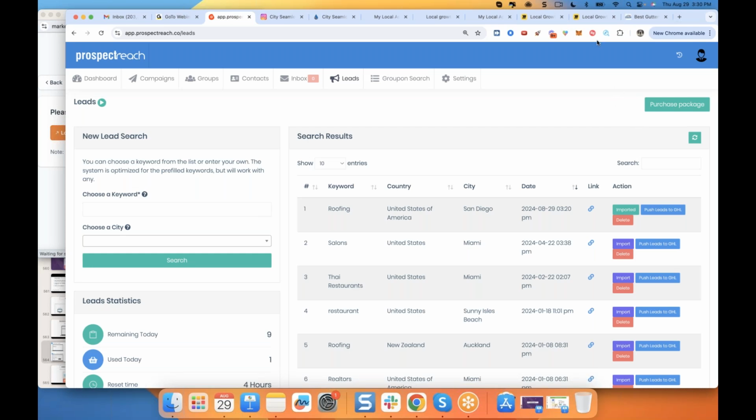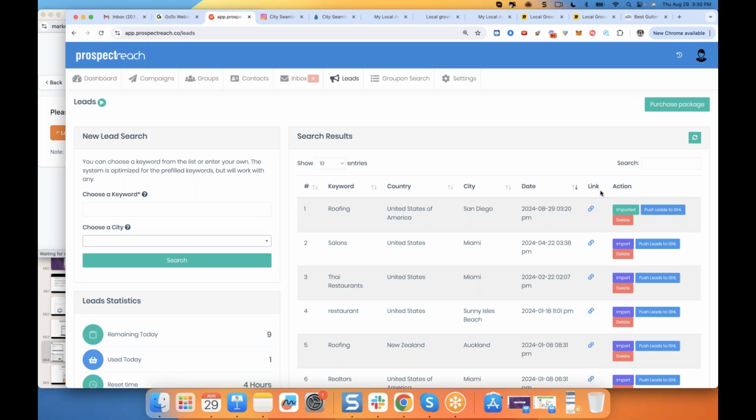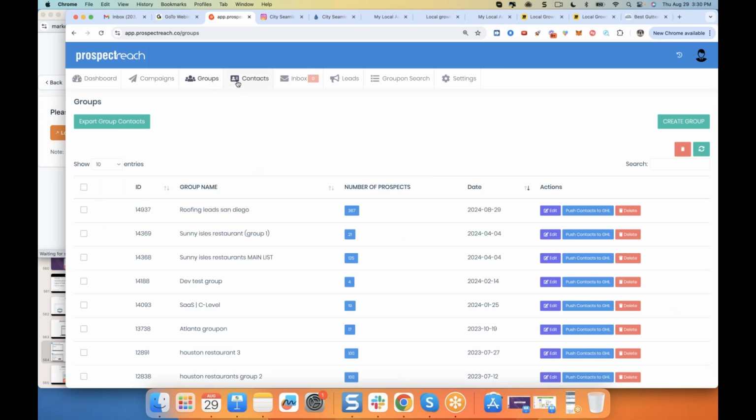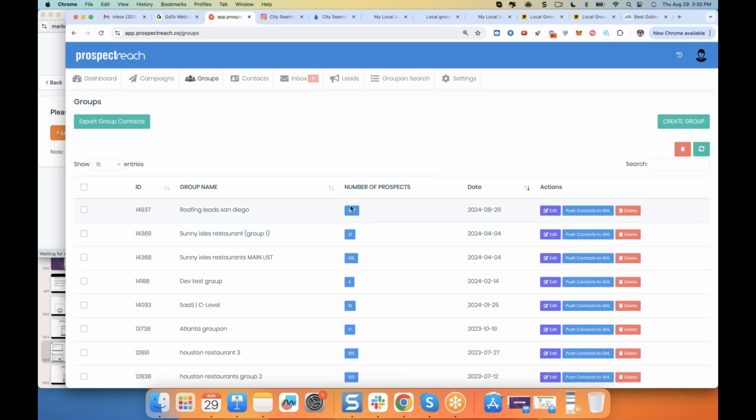So then once you do that, as you can see, it says imported. You see the message where it says imported here. So now you can go here, and I went to groups, right? Whenever you import those leads into a group, it's going to add to that group, all right? And as you can see right now, it's 367, even though it was 831,